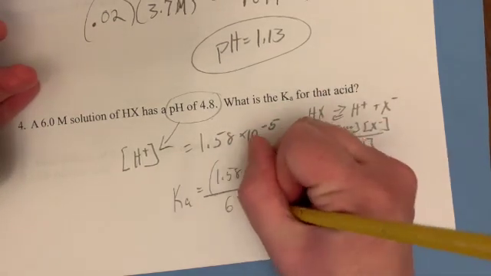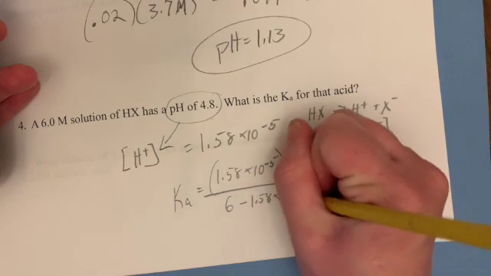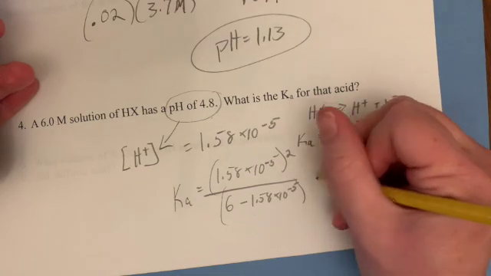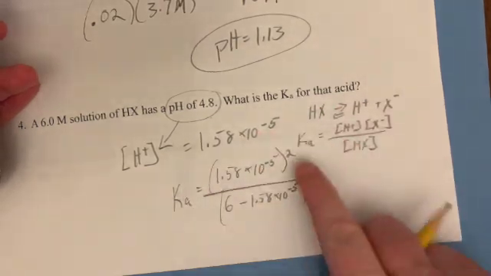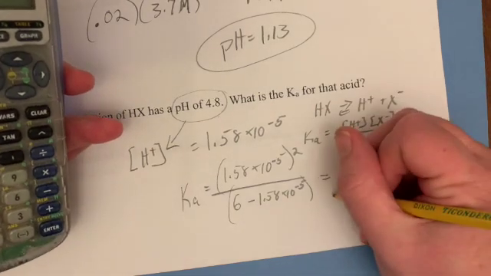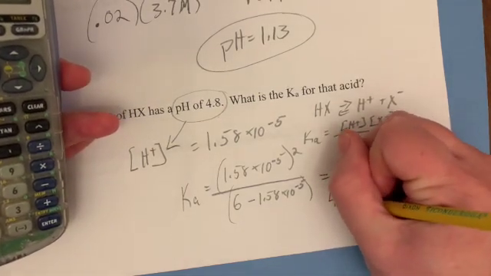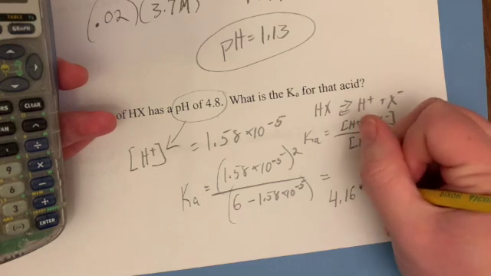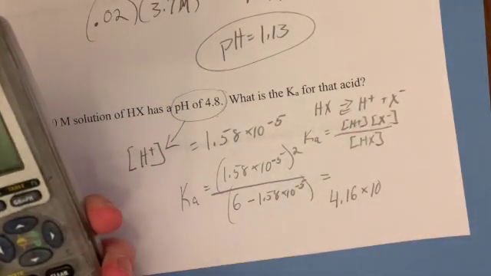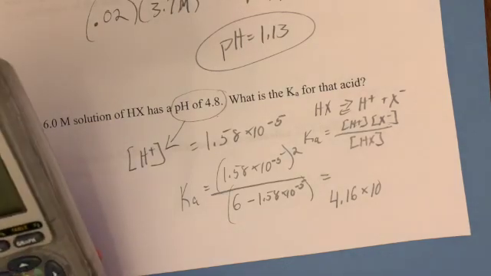Now to be good, we can take out the 1.58 times 10 to the negative fifth. It won't make a difference if you don't, but you know it, so you might as well. Once we put all of that into our calculator, you should end up, and you should pause and see if you do too, with about 4.16 times 10,